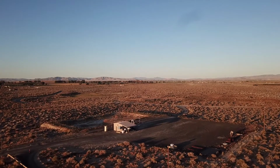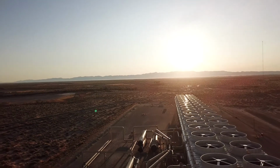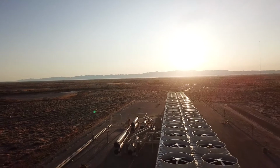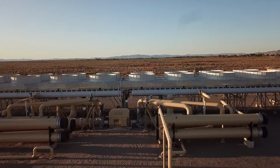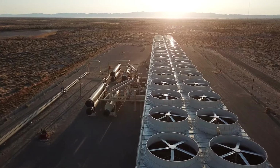Geothermal hot water was discovered by Chevron and Unocal when the oil companies were drilling for energy sources in the 1970s. The first power plant was originally developed in 1987 and started on Christmas Day of the same year. That original plant was one of the first geothermal power plants in Nevada and has continually operated for more than